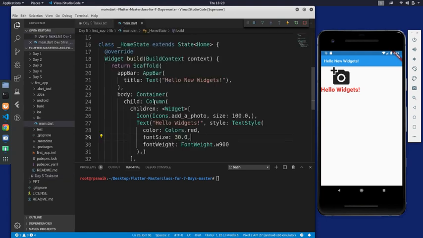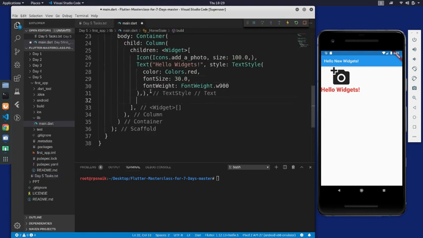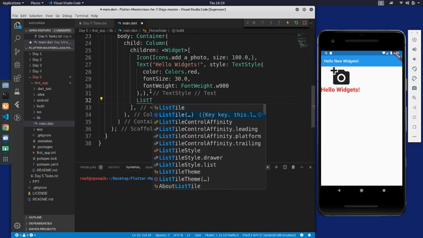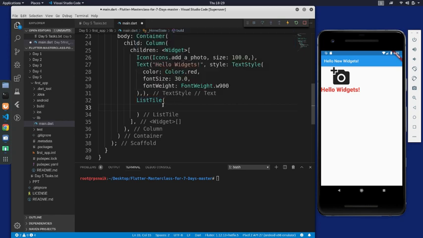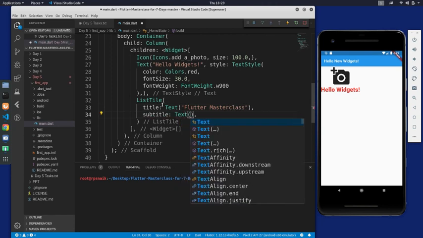After that we have the ListTile. ListTile is actually one of the pretty interesting kind of widgets over there. So let's write ListTile, and if you hover over there you can see a list of stuff. You can see there is title, subtitle, and trailing, dense, content padding, onTap. You can see onTap is actually a function so that it would actually perform a functionality. So inside the title I want to use the title for now, and then I would like to just pass Flutter masterclass, and after that there is subtitle where I would like to pass this